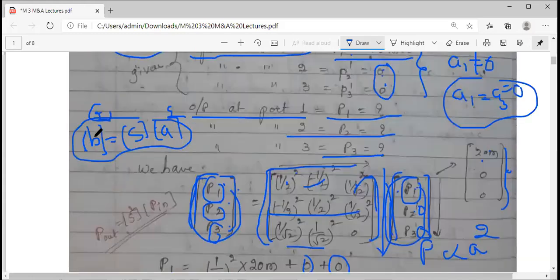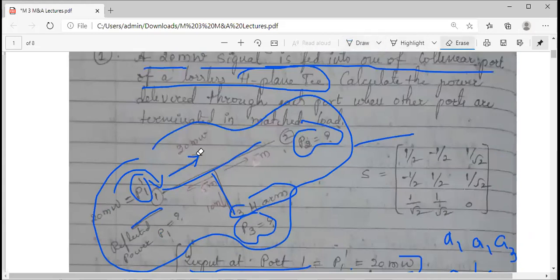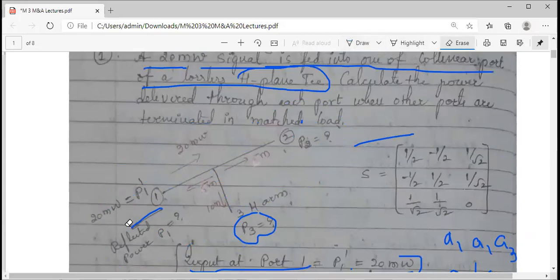So you can see here with the red color I have marked how the power is delivered. Whatever the power is entering, that is 20 milliwatts, it is divided between port 3 and port 2 like this. एक 10 milliwatt जाएगा, एक 5 milliwatts जाएगा. Okay, 10 and 5. And nothing is coming back, because ये perfectly matched हैं, right? 2 and 3, they are terminated in matched loads, so nothing will come out.